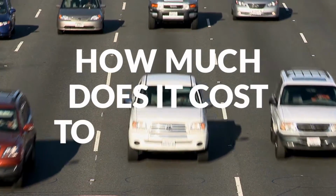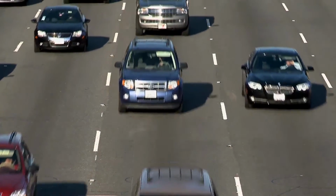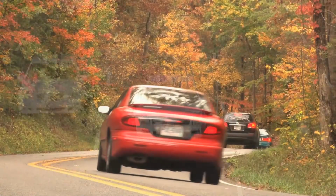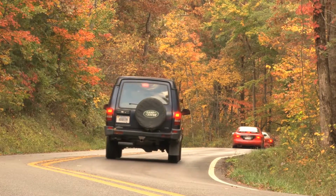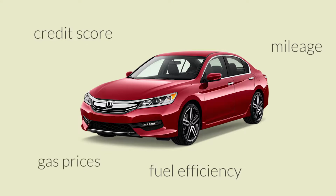So how much does it cost to own a car? It turns out that it's really tricky to answer this question because the kinds of costs associated with cars are different from each other. As well as the actual cost of the car, you'll have recurring expenses like loan payments and insurance, as well as variable costs like gas. Every cost relating to a car changes depending on your specific situation, but that doesn't mean that you can't get